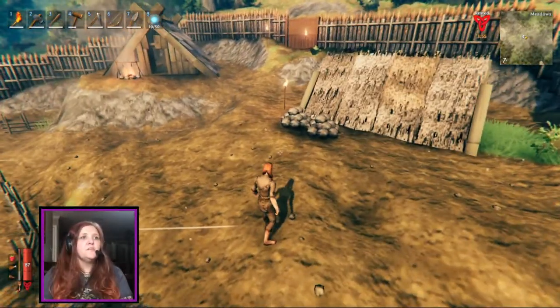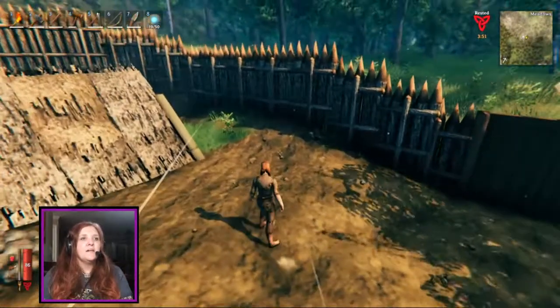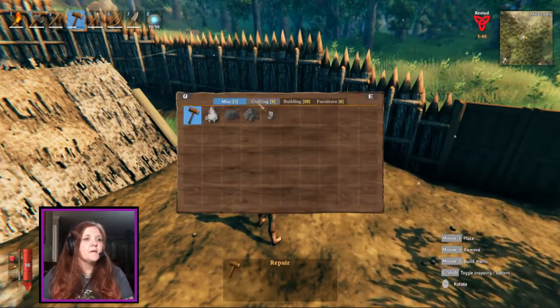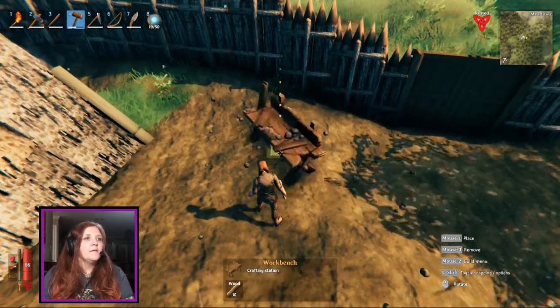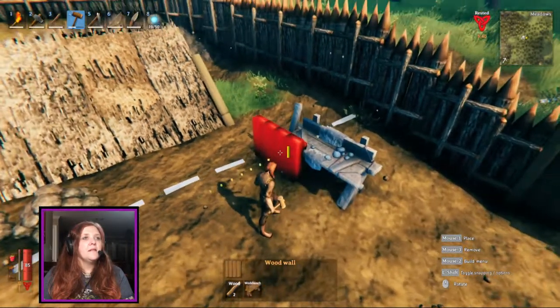So you can do just a crafting table out here, say. Here, we'll just do that. Crafting table. So we'll put that there, and then...